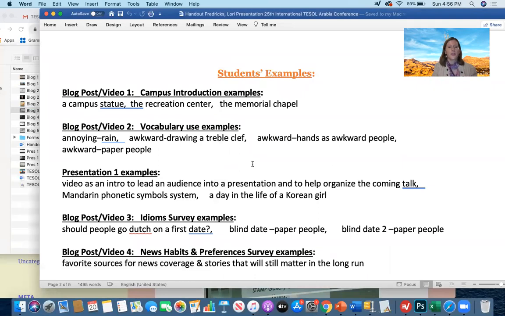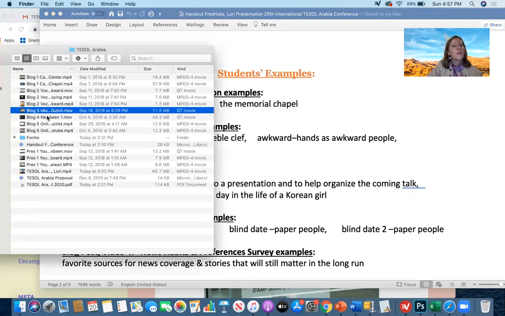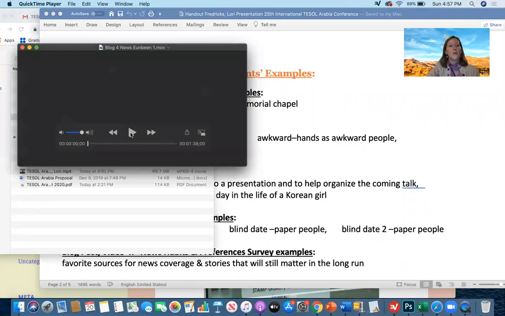So there were different topics for which they surveyed people. And the fourth one was surveying people about their news habits and their preferences. So what sources they like to use to access what was going on in the world. And they had to use these expressions to ask questions like, what will matter in the long run? So of the stories that were popular in the moment, which would matter in the long run? And we talked about a lot of things as extensions of this, like fake news, what fake news is. So we had a lot of content integrated that related to this topic. And so I want to show you a couple of examples of this one, because they really got out and talked to all kinds of different people.